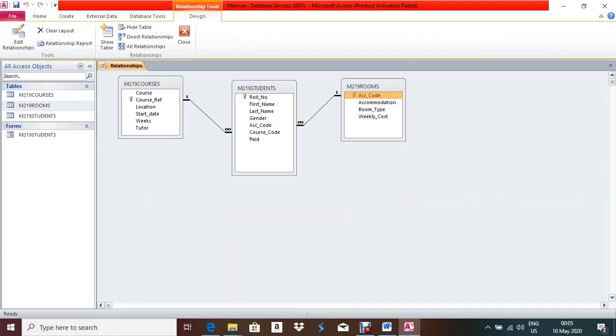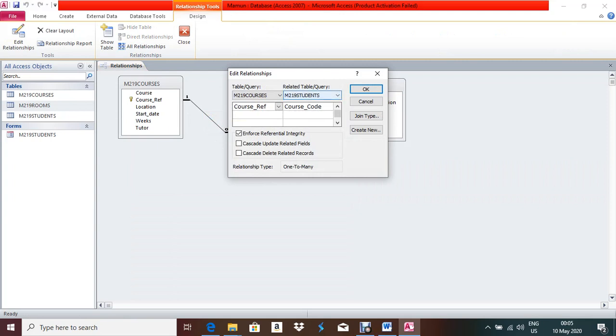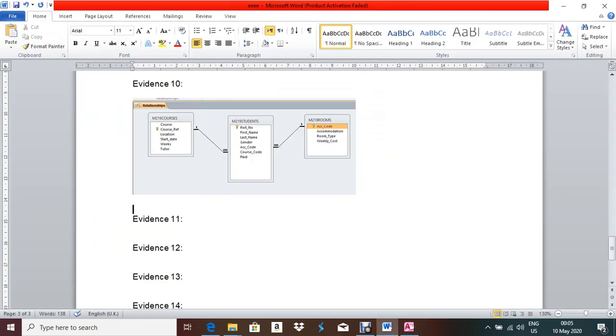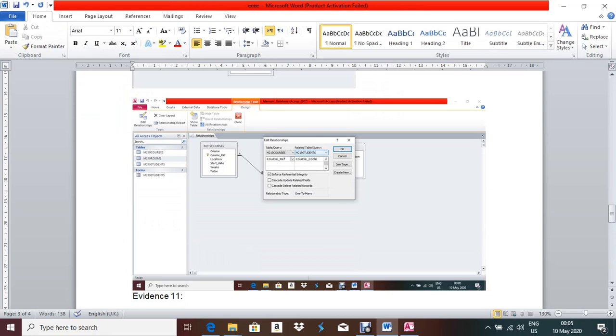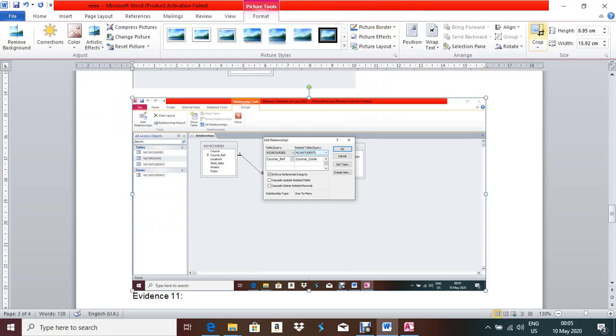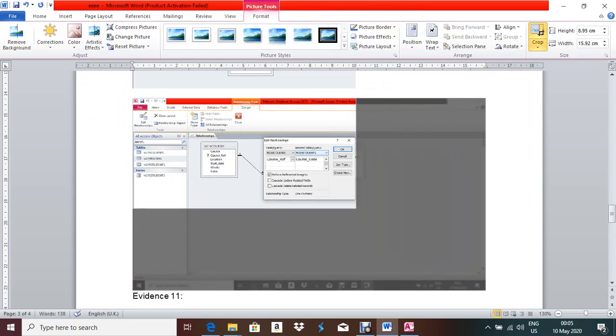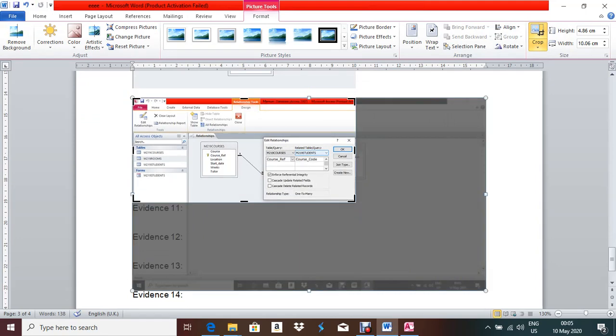Next, go to database, right click over this one, edit relationship, take this screenshot, crop this part here, select this figure, only this part is needed.